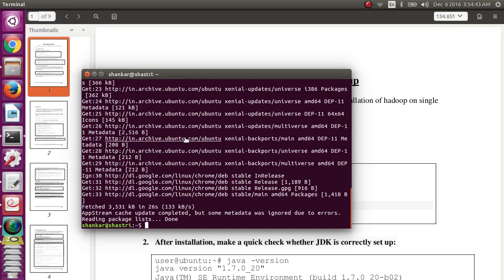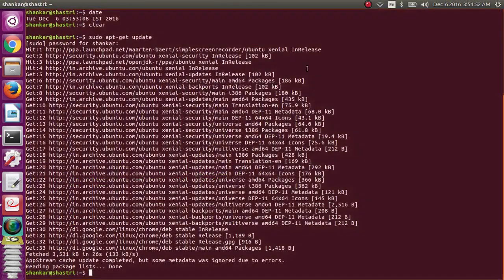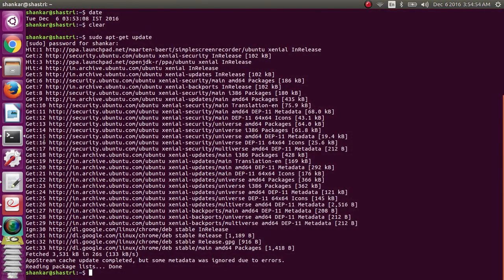Here I am installing single node cluster Hadoop, not the multi-node. Okay. So the first step is completed, meaning the update of the packages and all the system resources.